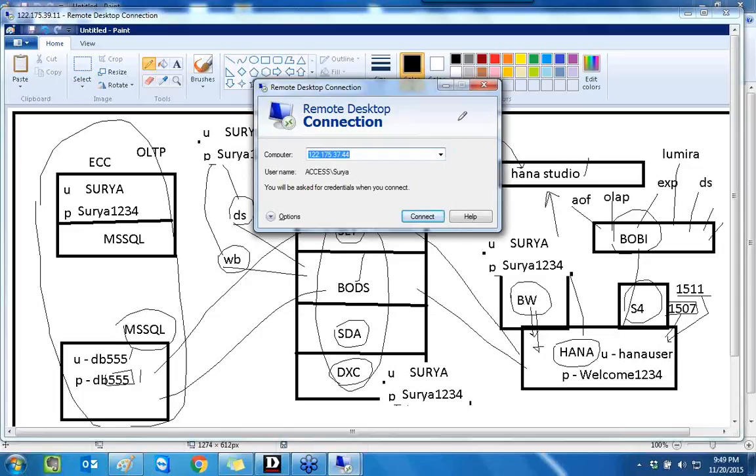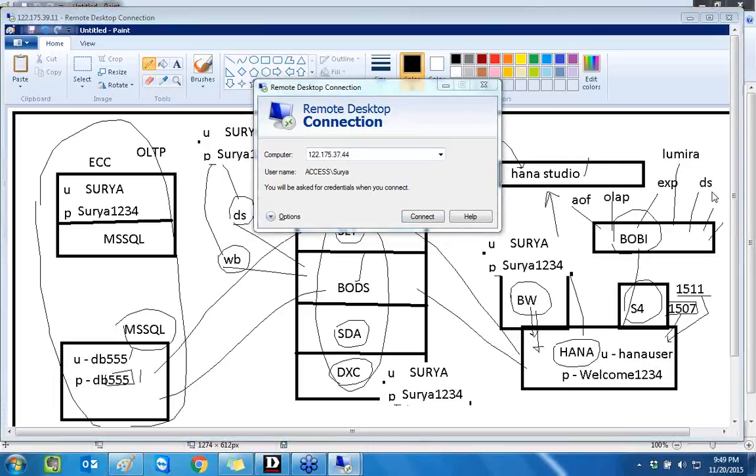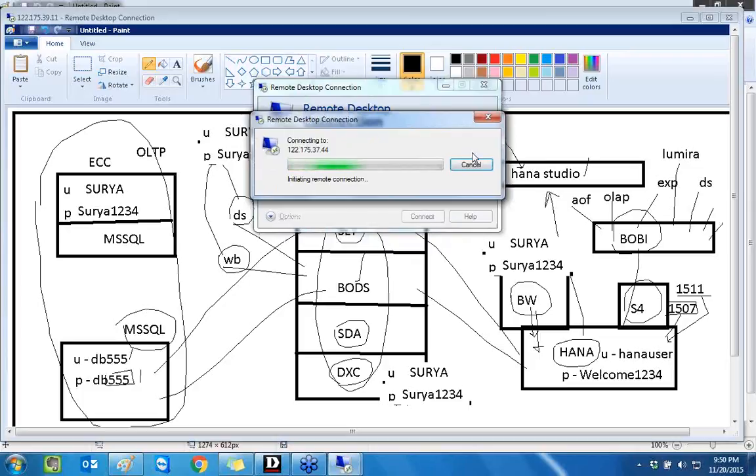Bharat, are you there? Bharat? Hello? Bharat? Just give me 1 second, please. I think I'm not able to log into the S4 system. So Bharat? Bharat? Hello? I think the server is down. Just give me 1 second. I'll just try to find out. I'm sorry for this, but